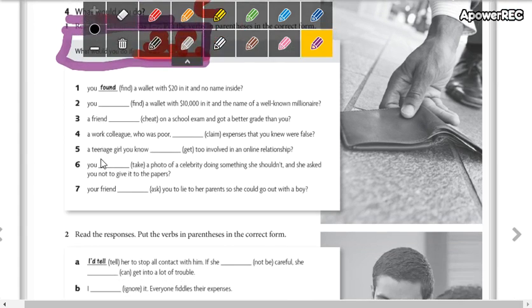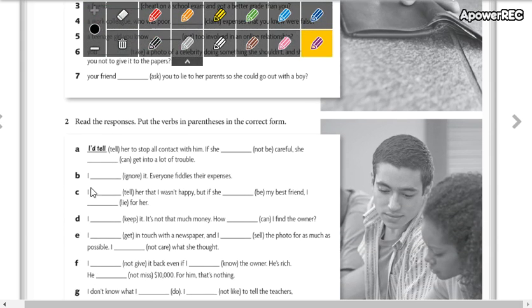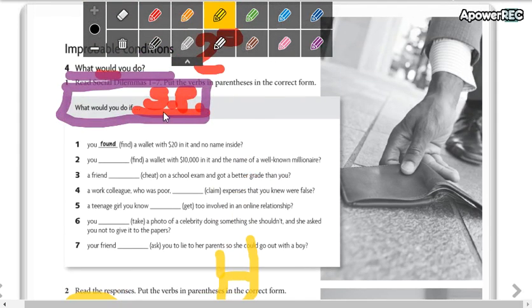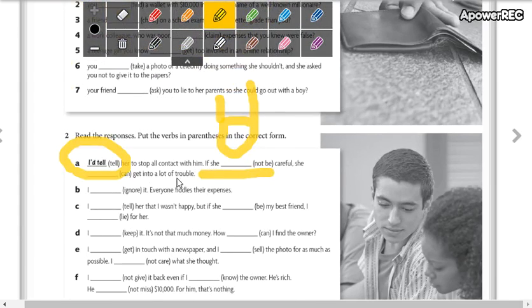So now we are going to read the responses. Here, I'm using the contraction of would. I would tell. Instead of writing would, you write just the apostrophe and then the letter D. I would tell, or I'd tell her to stop all contact with him. If she, in second conditional form, next to if, you write the simple past and then you write would. So, if she